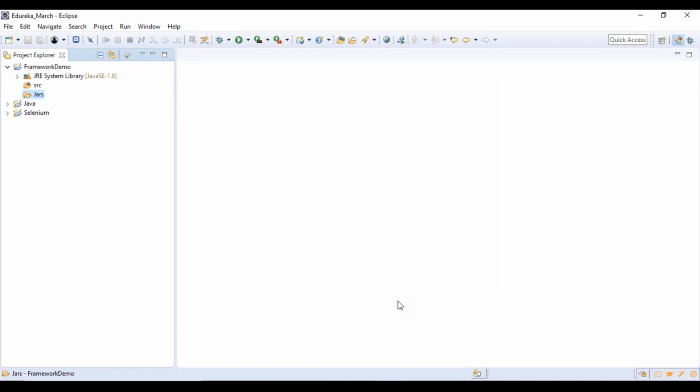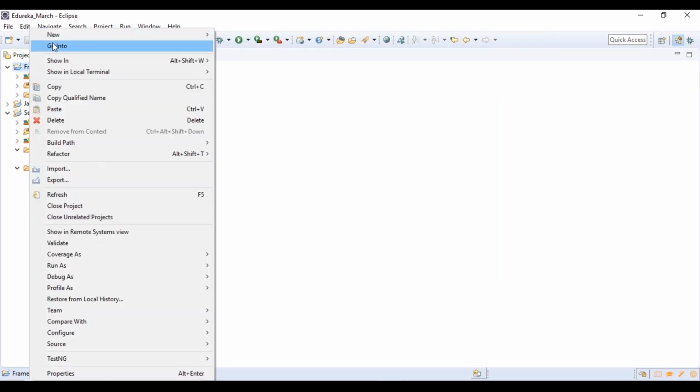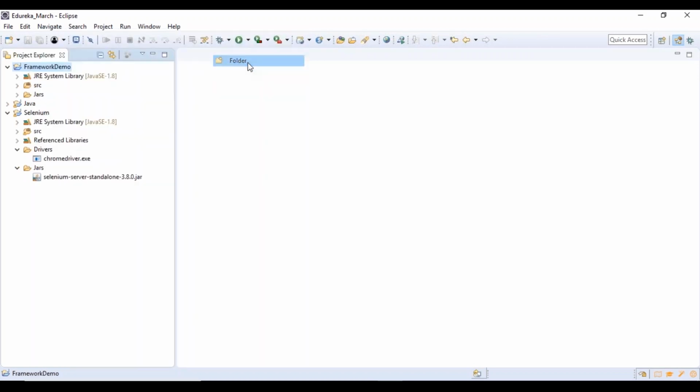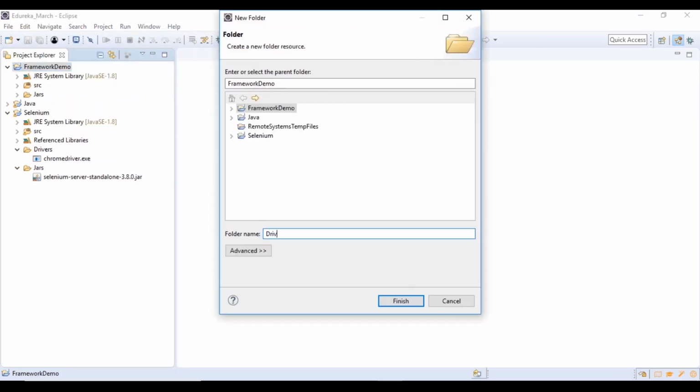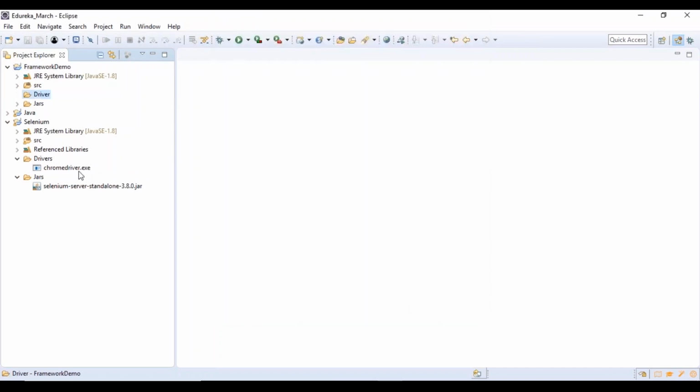In this, I am going to keep my Selenium standalone server jar file. So let me copy it from here itself because it's already available for me, right? So I'll copy it from here. I'm going to keep it here. And what is the next one that I need? I need my driver executable files. So I'm going to create something called driver, and I would be copy pasting the driver executable. So let me take it from here.